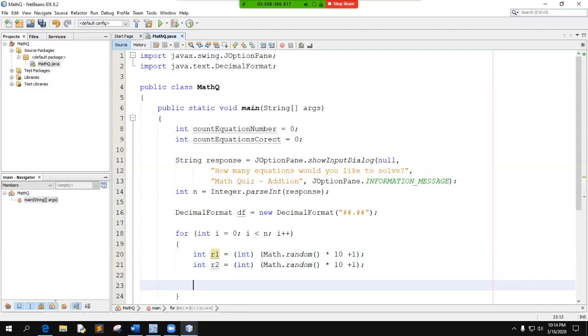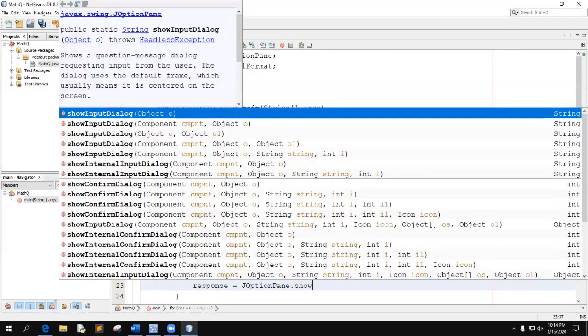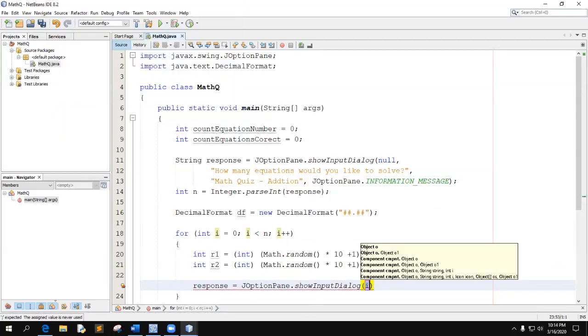Then we're going to use the JOptionPane. We're going to use the showInputDialog. And we're going to build the equation that they need to solve on here. So we'll say response gets JOptionPane.showInputDialog, and inside the dialog, we're going to say null, comma, and then we're going to build the equation. That would be R1